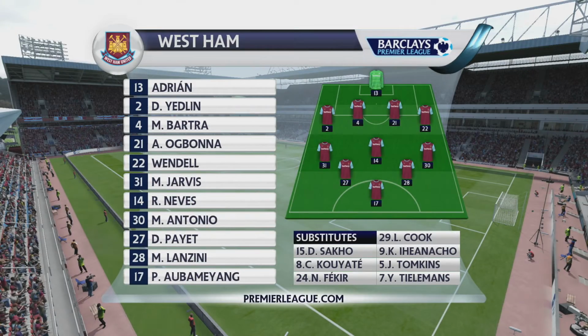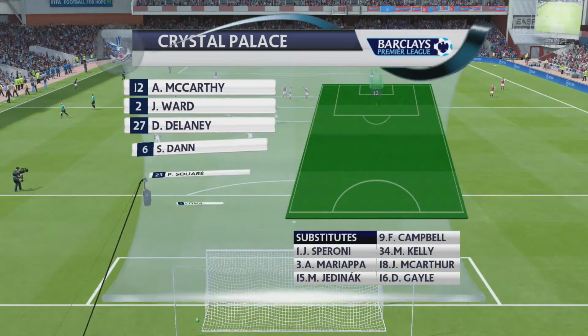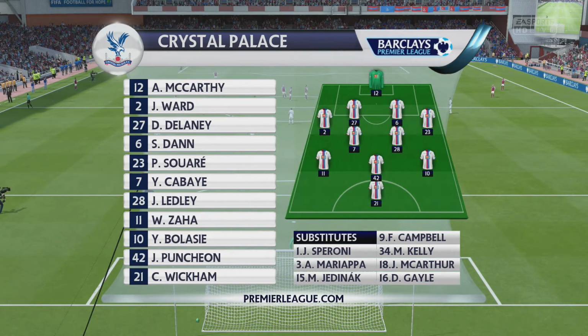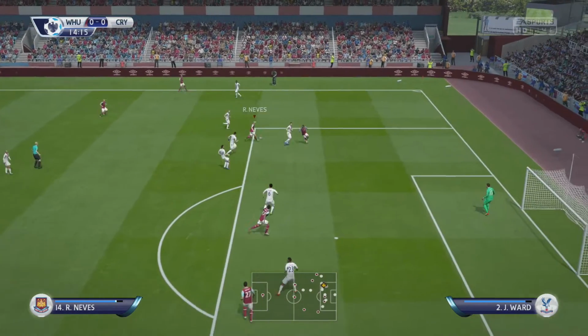0 points through 5 matches. You see the lineup we're going with today, an even crazier lineup, nothing we've ever done before. It's a 4-5-1, Aubameyang up front there. We're giving a couple of guys some rest, so we're going to go with something a little bit crazy here just to see how this works. You see the lineup for Crystal Palace, not a lineup that I would really expect to have no points through